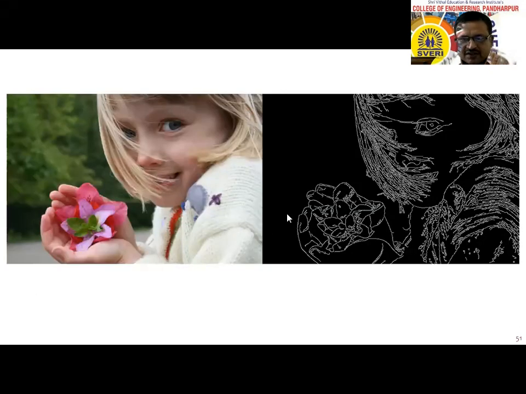See, this is the figure of the girl, and how edges are detected. Instead of taking all the parts, they have just detected edges, the discontinuities in brightness. In short, this is the outline, the line diagram. This is edge detection, meaning we have to find out lines or a line diagram from the image.